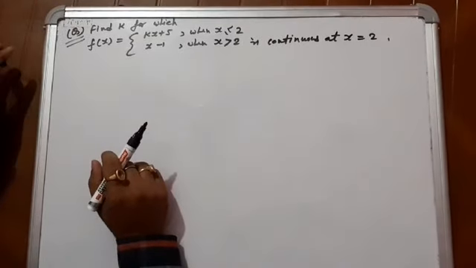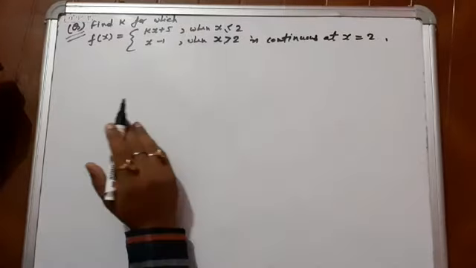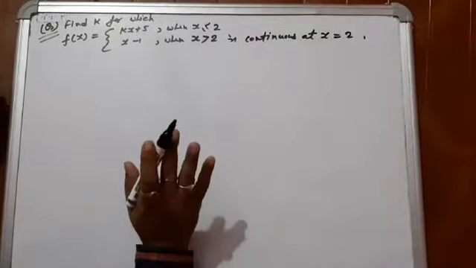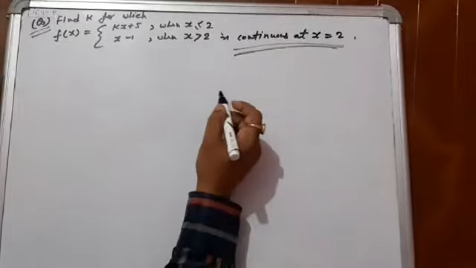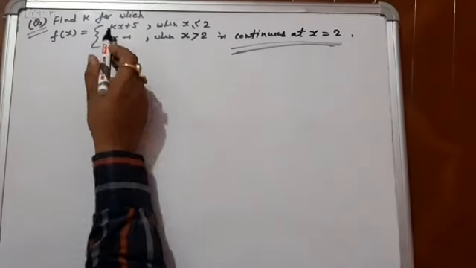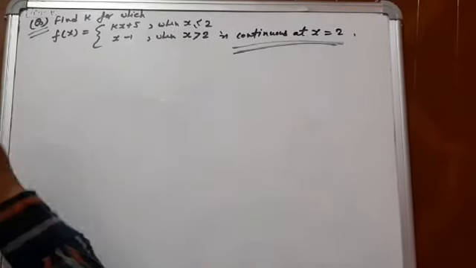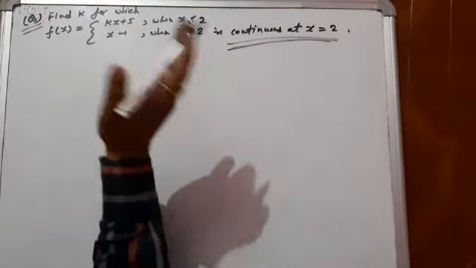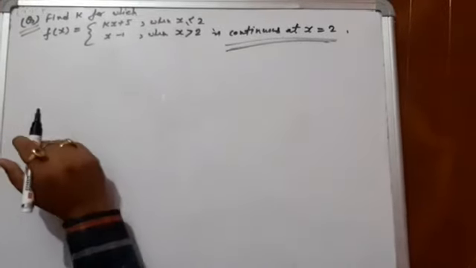Remember, there it was given that it has a unique solution, so find the value of k, find the value of p. The same thing now, since you have seen continuity. Now the function is already given, it is continuous, and one unknown is given here, k. Find the value of that unknown. Okay, then again come to class 10. What you have done there, you have used the criteria for the unique solution, for the infinite solution, for that particular question. Same thing we are going to see here.